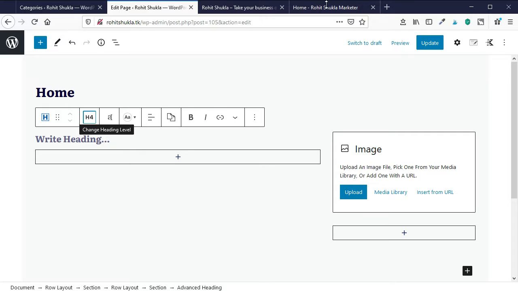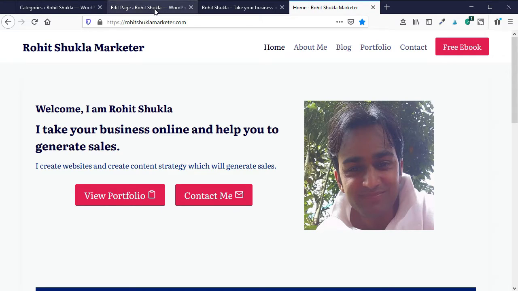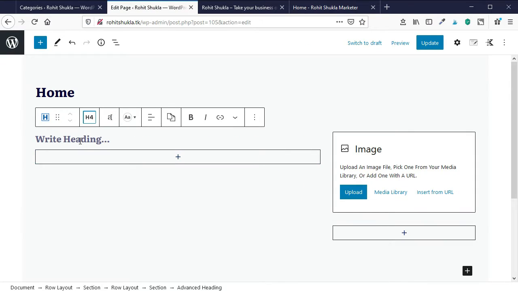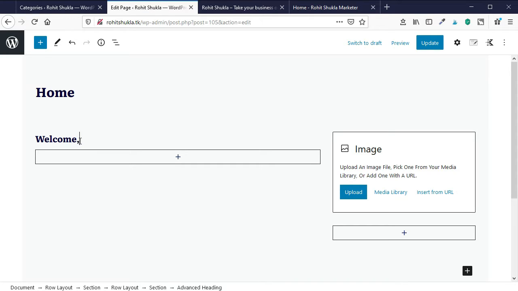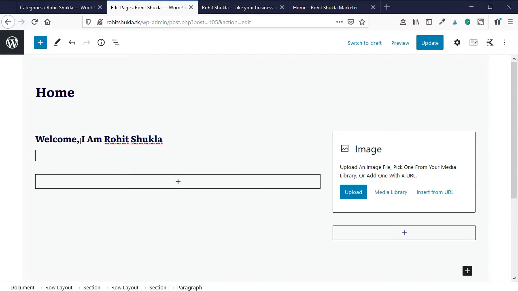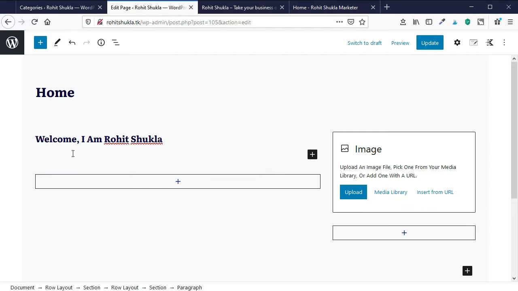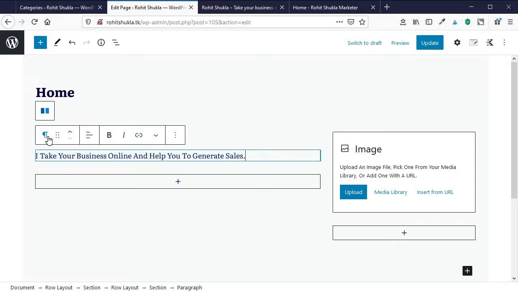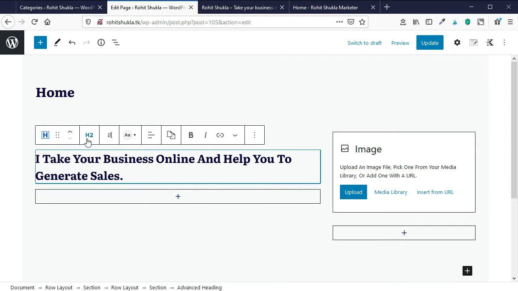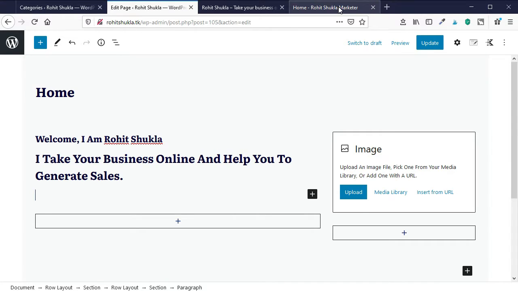Now I will select heading 4 and copy paste this text, welcome, I am Rohit Shukla. Now every word of this sentence is capitalized, so we will deal with it later. First complete this area. Now we will add another block here and paste the text here.